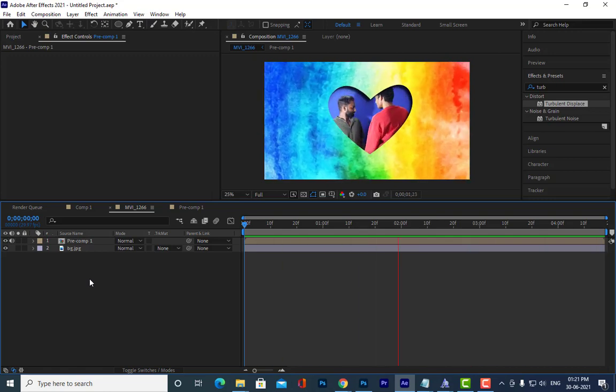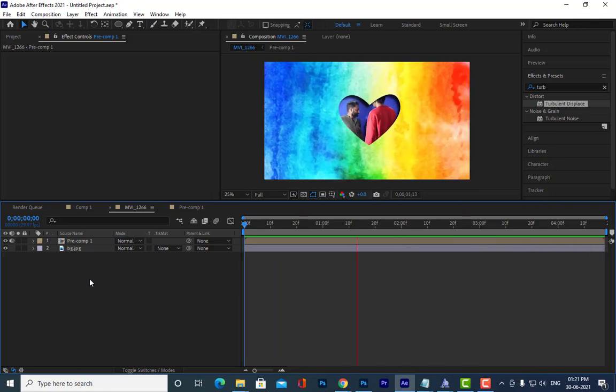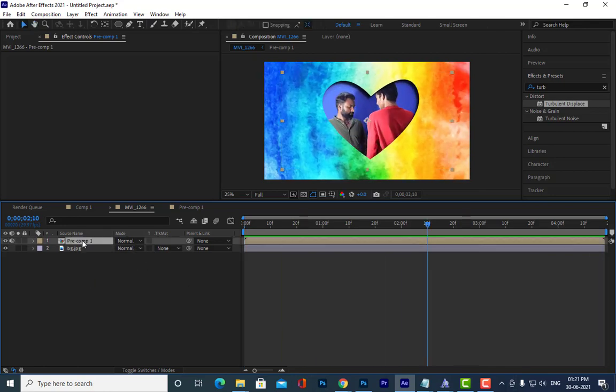We can do something more interesting. Again I can merge these two layers and make one more pre-composition. Are you all getting my point? Now I will ask you how we can make these two things into one more composition.